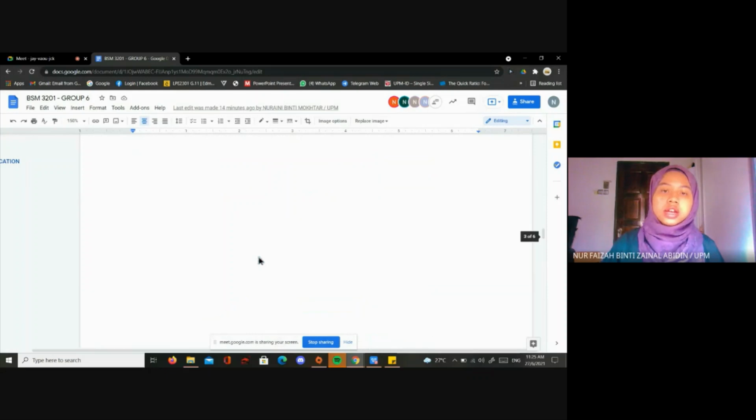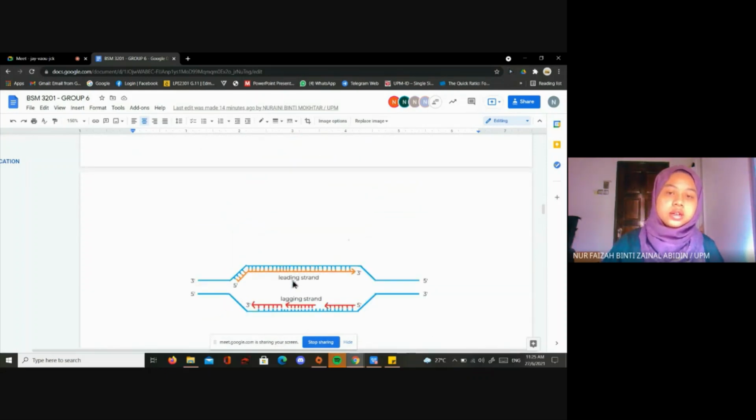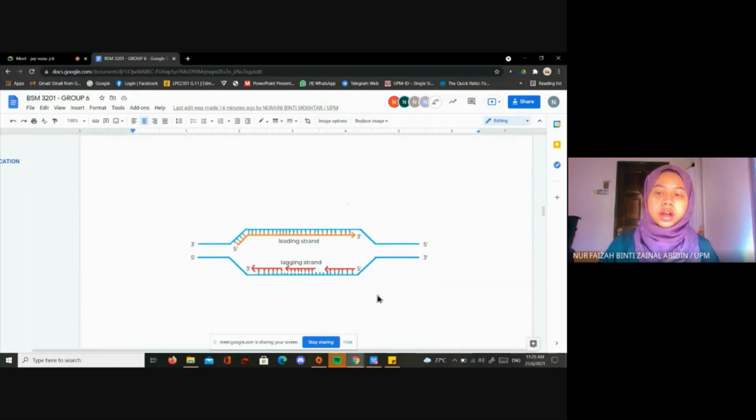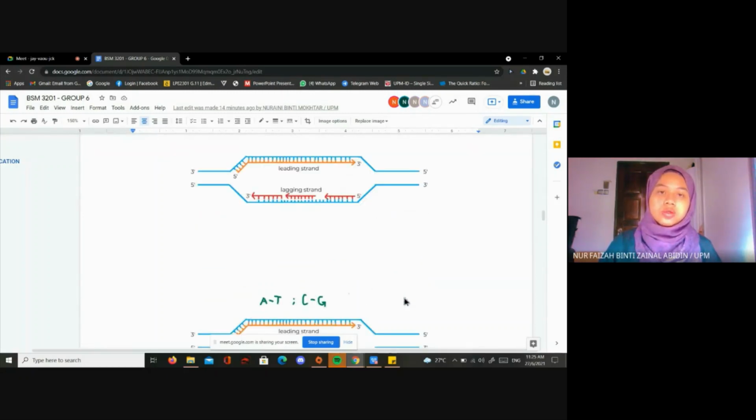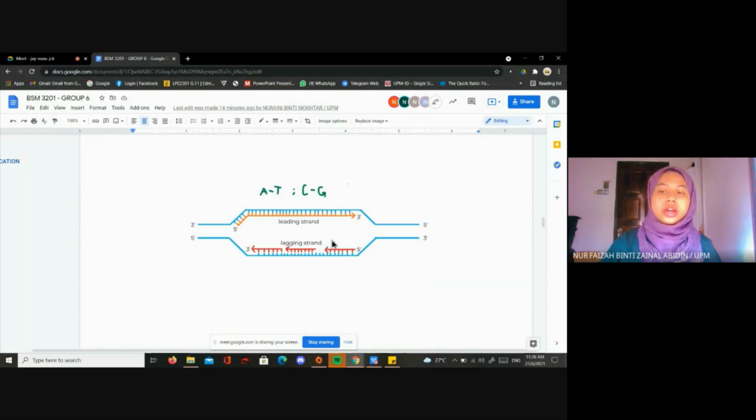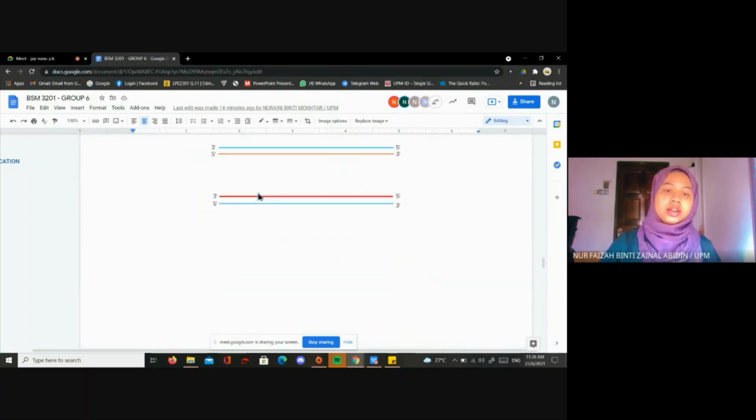And as you can see here, it has a leading strand and a lagging strand. The leading strand proceeds continuously, but the lagging strand proceeds discontinuously. And we can see the break, or what we call a nick, in the lagging strand like this one. So DNA ligase will bind and help to seal the break by forming phosphodiester bonds. And yeah, replication and